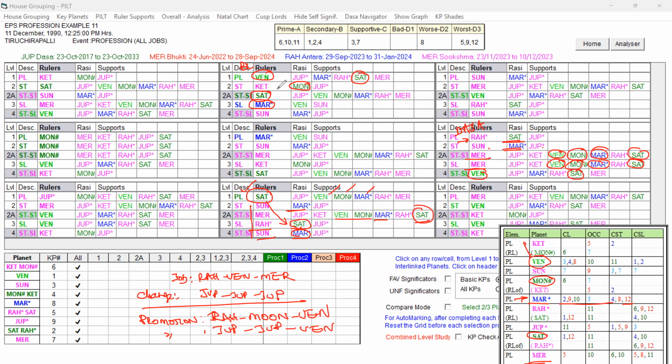I said whenever Rahu and Ketu are coming, take the sign lord. The sign lord Moon itself is good. And look at the Moon, Moon has got Saturn also. So indirectly Ketu is getting the support of Saturn. Ketu is in the star of Saturn also. So the favorable key planets are Venus, Moon, Saturn, and also Mars. Mars also having Venus. So they are all playing a role here. So it is strong enough to support the job prospects under the Rahu, right?